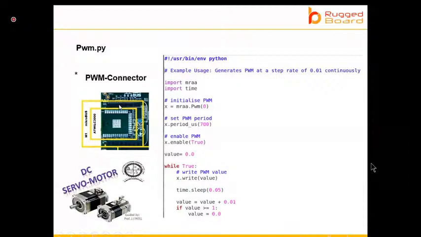to connect to this PWM. Normally this PWM line directly goes to the processor pin, so it will be in terms of 3 volts. If you have other devices, normally you have a driver circuit, and that driver circuit will be taking an input of 3 volts, but the other devices will be much more powerful. So here you can see you have created a PWM, then you have set the period, and then you have enabled the PWM.